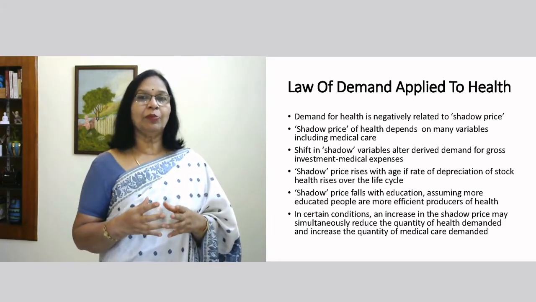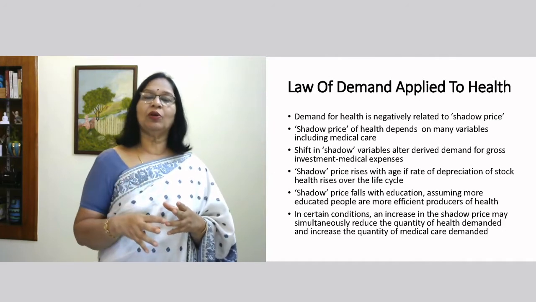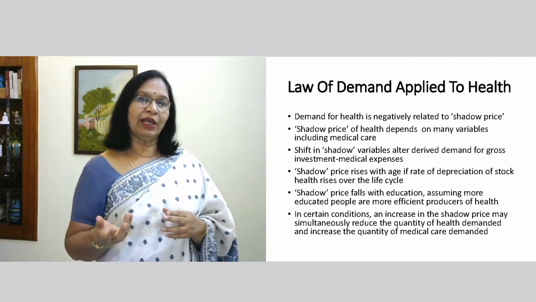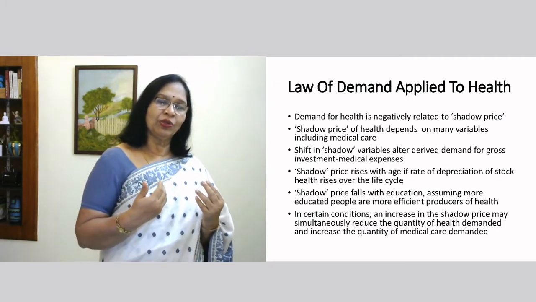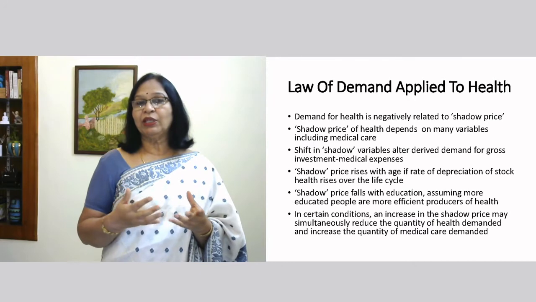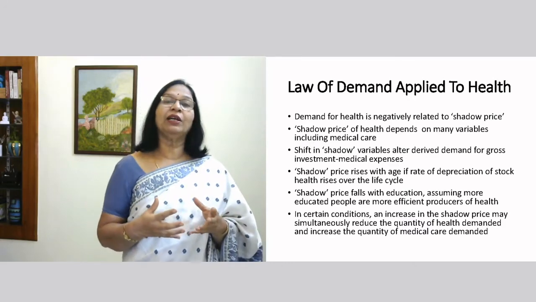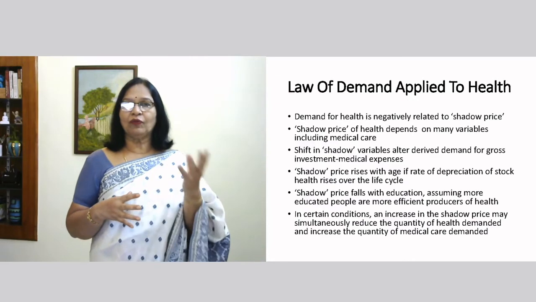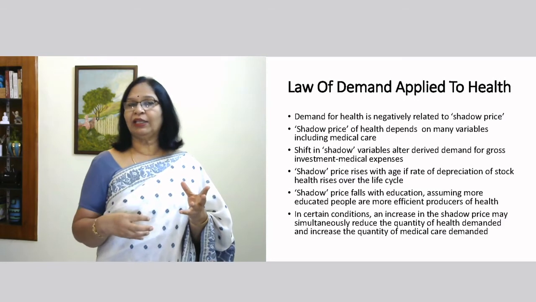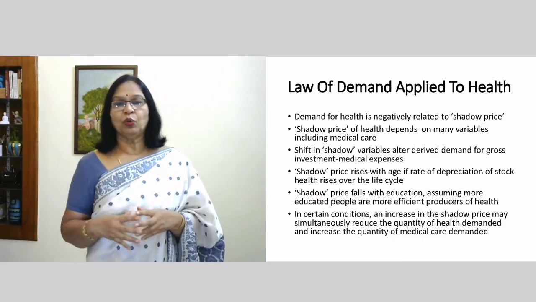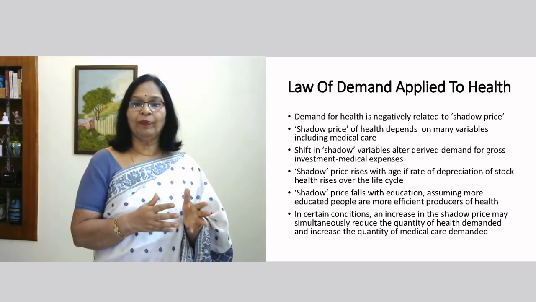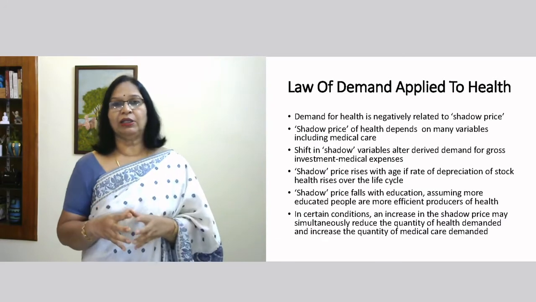It is because the price of medical care is just one of the costs of health. There are other costs of health, like what I said, going to the gym and getting exercise done, or living in a clean house, or any of these kinds of things. So these are all the expenditures that one incurs to get good health. So if the cost of these expenditures increases, then the quantity of medical care that he demands will be reduced. So all the changes in the cost of these shadow variables alter the derived demand